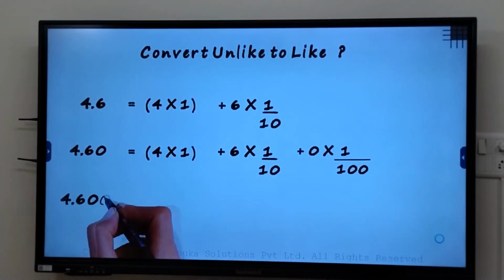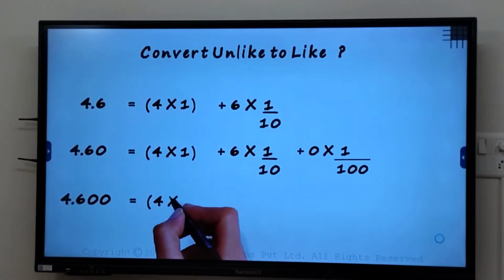What about 4.600? It equals 4 times 1 plus 6